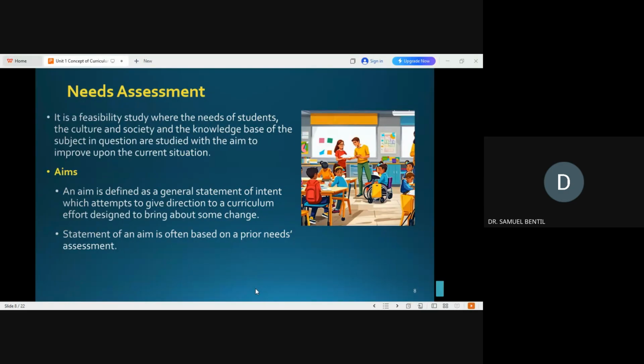Other books may also say you must conduct what we call situational analysis. Situational analysis is basically the difference between what ought to be and what is currently prevailing, what is. So if a society expects that learners will be able to grow, finish university and get jobs to do and come and help the society, that is what education is expected to provide to learners.